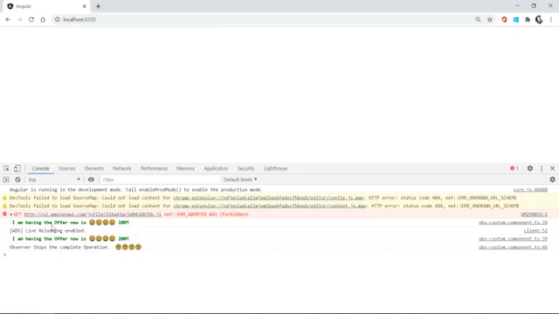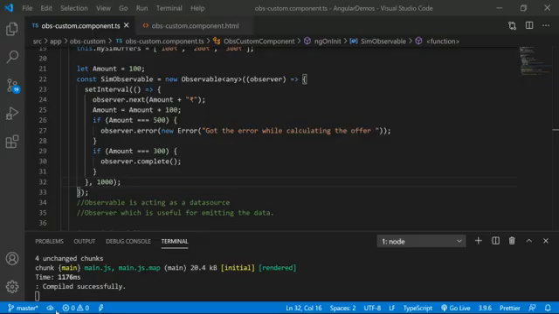See, 100, 200, and then the observer stops the operation. Whenever the value comes to 300, the observer is going to stop the operation. Even that 300 rupees won't be rendered. The next step is 400 rupees, and whatever the increment, this won't be rendered by the observer. That is the point you have to notice.